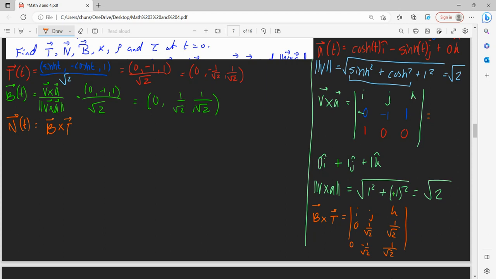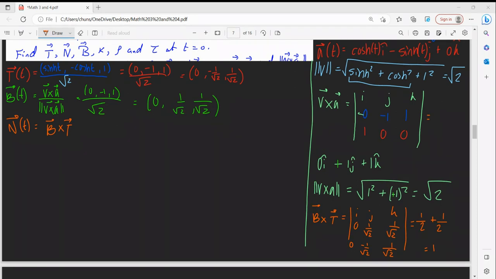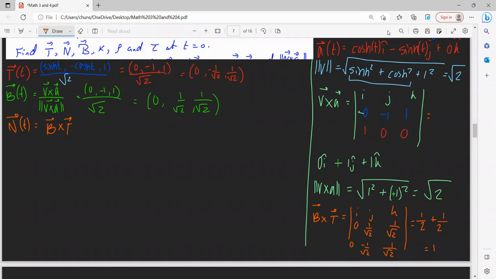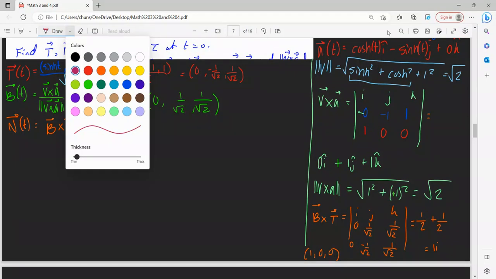So that's 1 over 2 plus 1 over 2, which is equal to 1, if I'm not mistaken. And we said this was only part of our i, so that leaves 0 in the other ones. So that is 1, 0, 0. Okay, so that's it for our unit vectors. Let's move on to